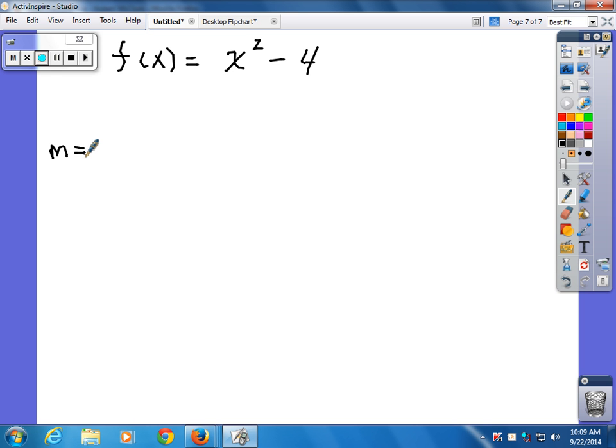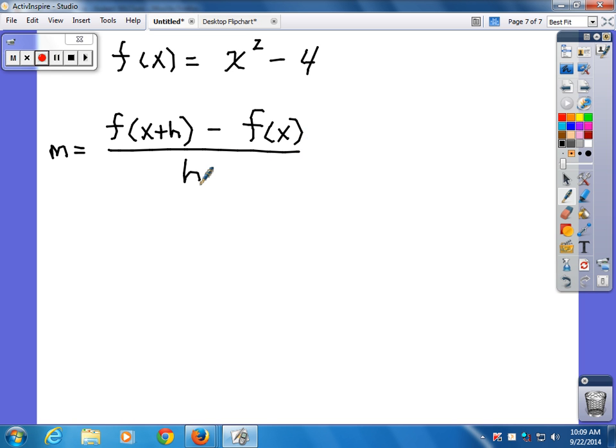m is equal to f of x plus h minus f of x over h. I'm just putting these brackets here so you can see what I'm doing with the brackets. There's the first set of brackets, and there's the second set of brackets. So m is equal to